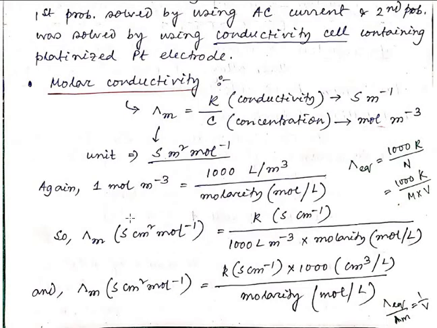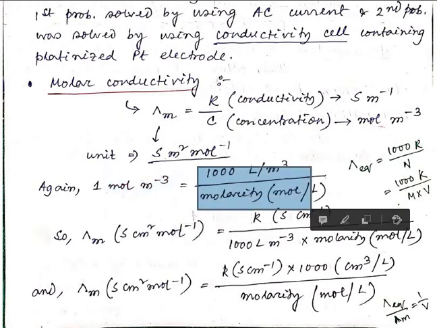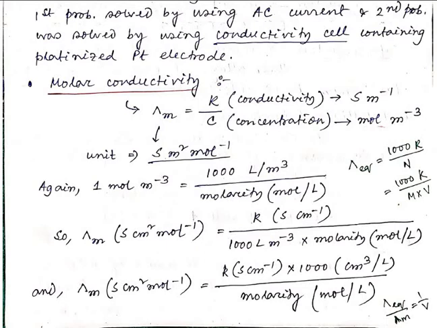ओके, again we also know that 1 mole per meter cube, इसको हम लोग ऐसे भी लिख सकते हैं, दैट इज 1000 लीटर पर मीटर क्यूब डिवाइडेड बाय द मोलरिटी। ठीक है, इसके यूनिट को जस्ट तुम लोग ध्यान में दो, तो ऑटोमेटिकली तुम उसको सॉल्व कर सकते हो। तो उसको 1000 लीटर पर मीटर क्यूब कर दिया और मोलरिटी यूनिट हम लोग जानते हैं मोल पर लीटर, तो तुम देखोगे मोल पर मीटर क्यूब आ रहा है।